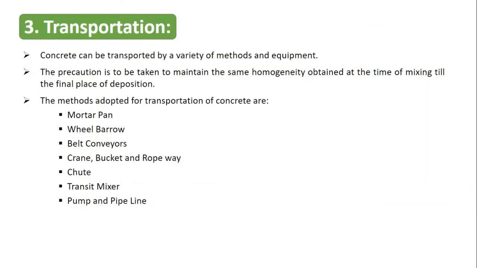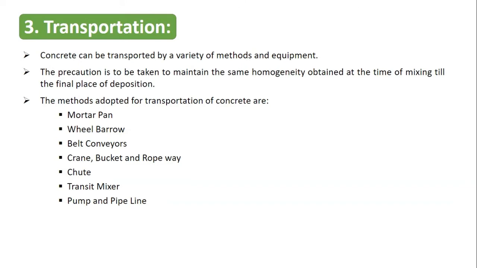In this video, we are going to discuss the third step in the manufacture of concrete, that is transportation. So we know that the concrete has to be transported from one place to another. The distance between those two points can be small, and in some situations it can be very large, in terms of kilometers, right? So when it is near, we use a different kind of equipment, and if it is farther, we are going to use a different kind of machines.